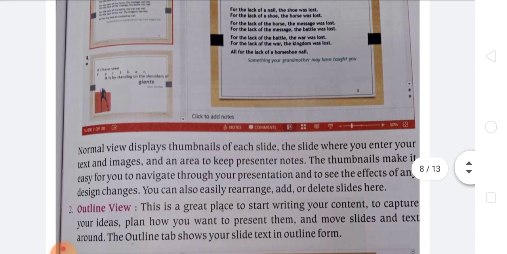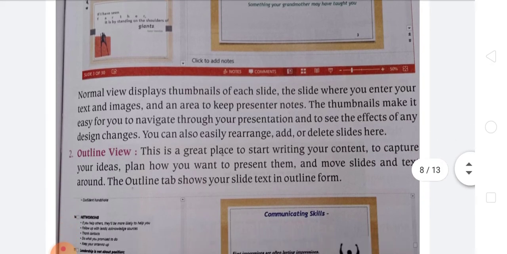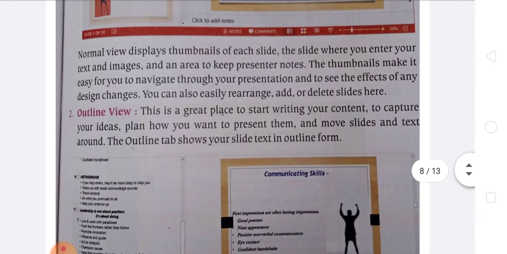Normal view displays the thumbnails of each slide and the slide where you enter your text and images, and an area to keep presenter notes. The thumbnails make it easy for you to navigate through your presentation and to see the effects of any design changes. You can also easily rearrange, add or delete slides here.